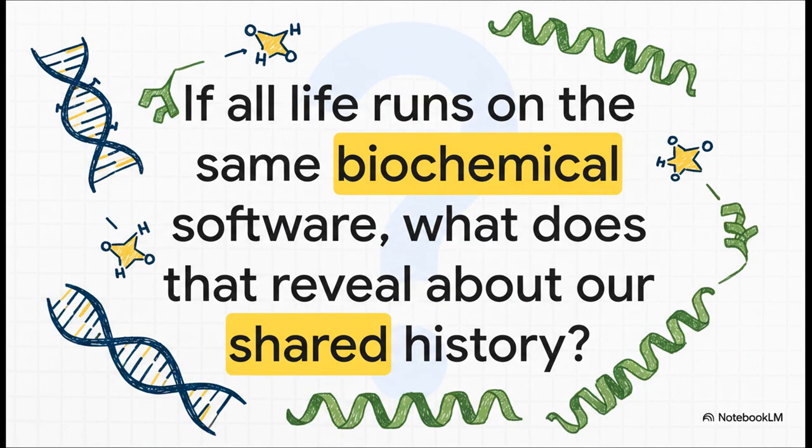And that leaves us with a pretty profound final thought. The amazing thing is, the fundamental roles we just talked about, the genetic code, the same 20 amino acids building proteins, the way we use energy, it's basically universal for all life on Earth, from the simplest bacterium to us. So if we're all running on the same fundamental biochemical operating system, what does that tell you about our deep shared history and our common molecular roots? Something to think about.